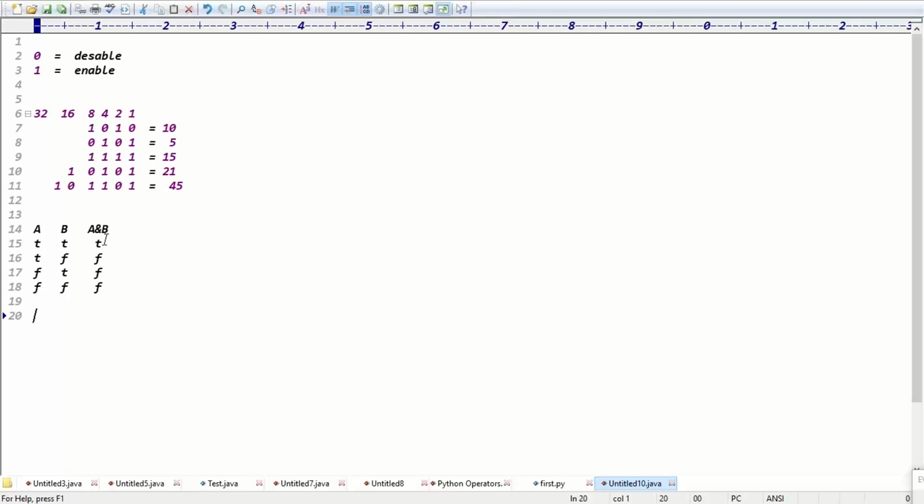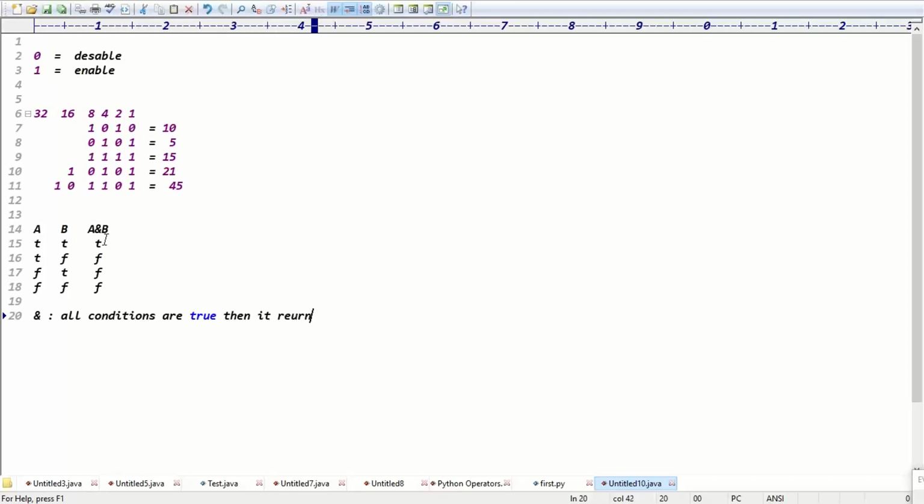But generally, for the AND operation, we have to remember it this way in real time. When we use the AND operation, if all conditions are true, then return true. Guys, what does AND mean? All conditions are true, then it returns true, right?